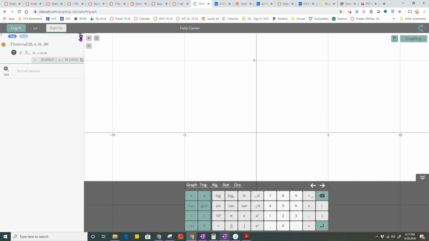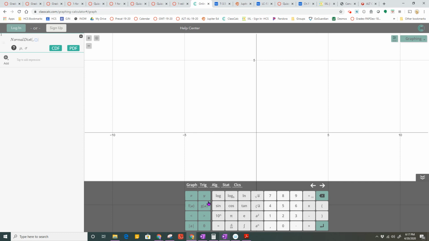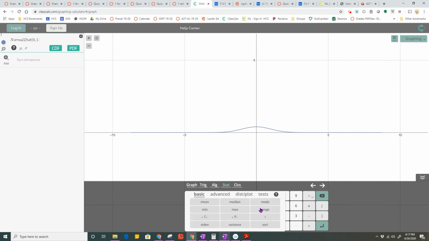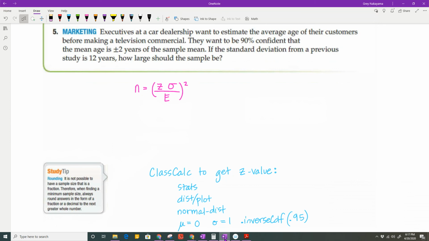Okay, so I'm going to go Stat, Dist Plot, Normal Distribution, okay, and I'm looking for a Z-score. So to get that Z-score, I'm going to put in the mean is 0 and the standard deviation is 1. And I need that probability, so I'm going to go back to Stat, Dist Plot, Inverse, and 0.95. And that's where I get my Z value of 1.645. And that is the number that we're going to use for Z. And I plugged in 12 for standard deviation and 2 for my maximum error estimate. And that gives me an answer of